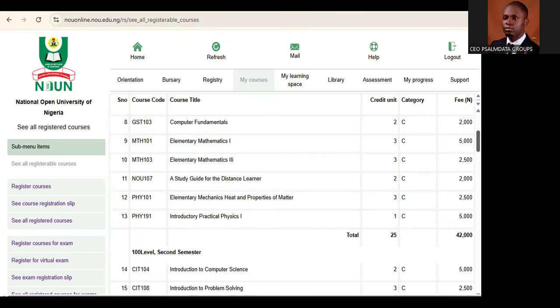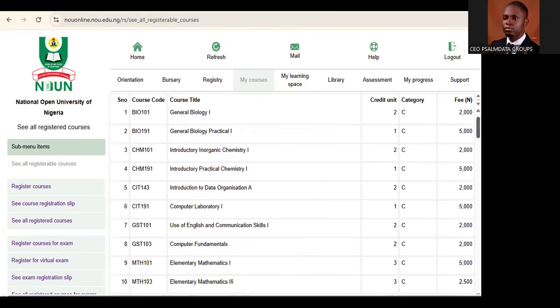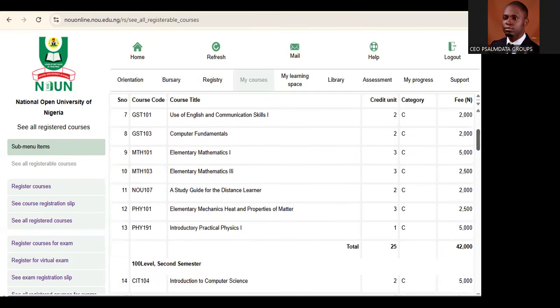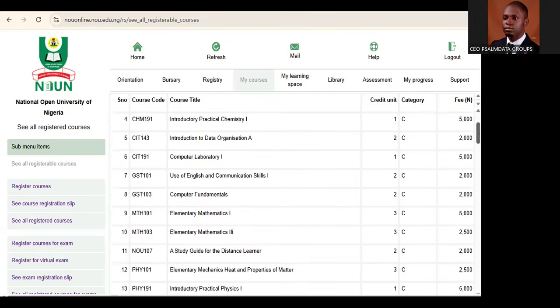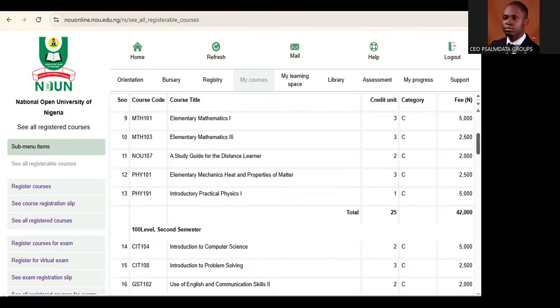If you also have electives that are in continuation, if you know you don't want to do the second one, then don't register the first one. Because once you register the first one, you must register the second one. Or if you know you want to register the second one, maybe you find it simple, you must do the first one. So to escape those electives that are in form of continuation, just don't register them. Maybe you should choose your elective from other electives that are free, that are not tied to each other. In that case, you are not under any